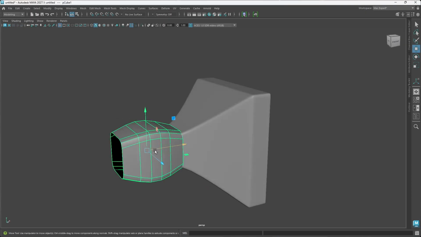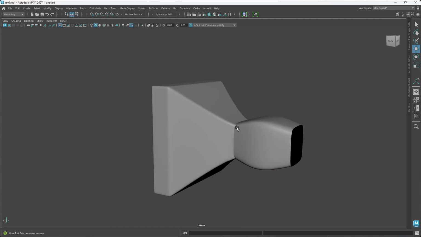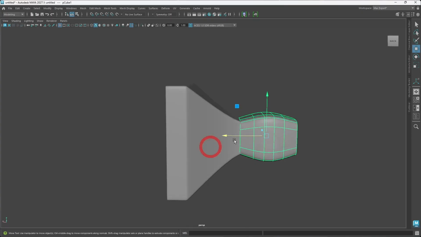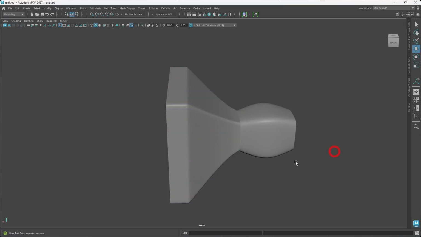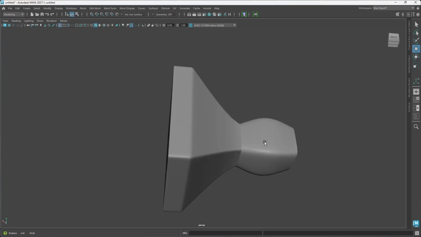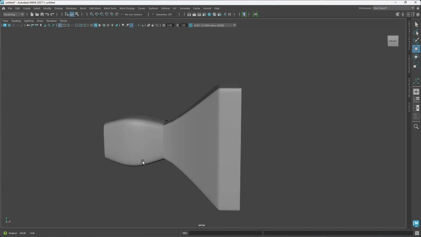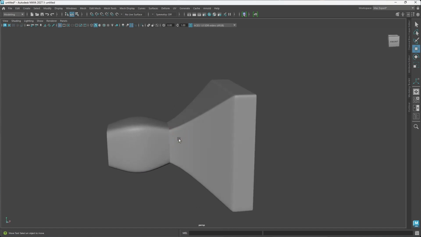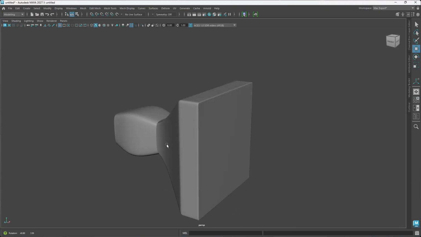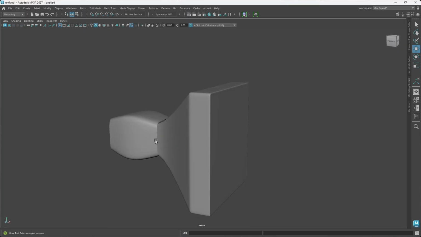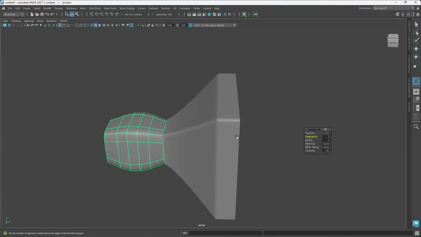So I can select this now, hit 3 to go into the smooth preview. And I don't like what I'm having there. So let me see if I shift this outward. That fixed a little bit of the issue, but we have spacing here. We have spacing there. Can we fix this? Yeah, we can fix this in a way with sculpting, but I don't want to rely on sculpting here in Maya. So let me hit C to go back into